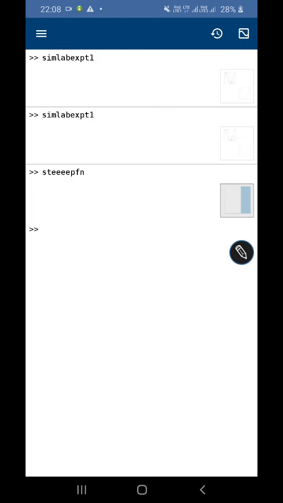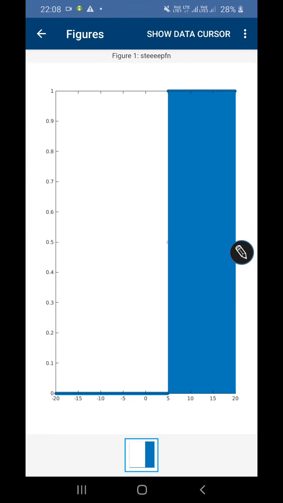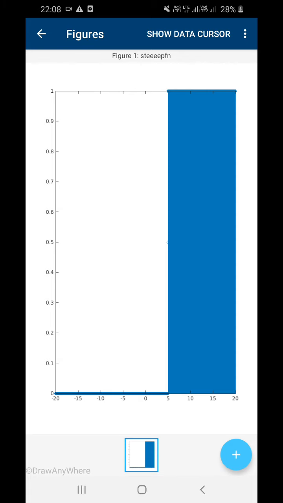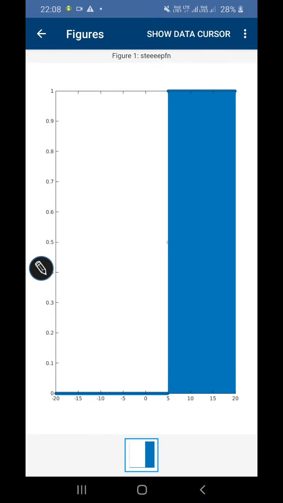So you can see over here that this is the step function. You know what the meaning of step is? Steps are nothing but stairs. How do they look? They look like this. Each step looks like this. So as the name suggests, the step signal looks like a step. So how can you generate it in MATLAB?